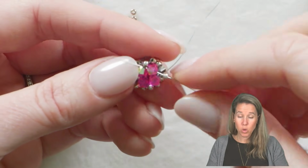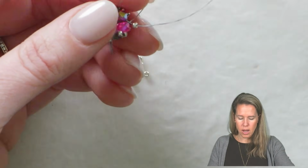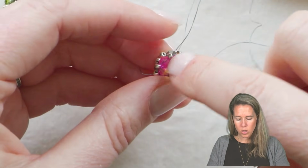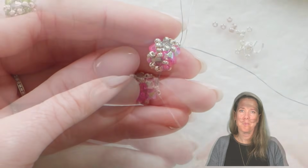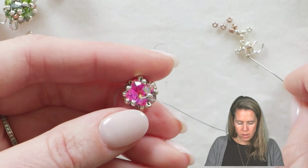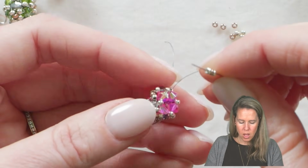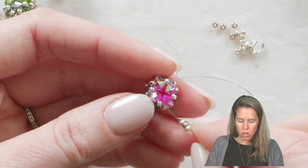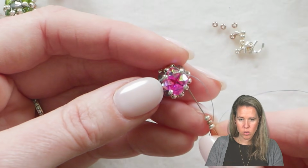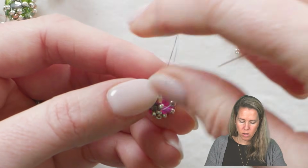Once you have the 11-0s between each one of your bicones, you can go in here then, and we're going to get ready to pull the X's, just like we did along the top, onto the sides of our bead. At this point now, we're going to create our X's on the top and bottom of our box using the same pattern. So my thread and needle are coming out of one of my pink bicones. I'm going to go to the opposite bicone and go through from the opposite direction. So my thread's coming out the top of the right hand crystal. I'm going to go into the bottom of the left hand crystal. Lay those 3 seed beads along the top